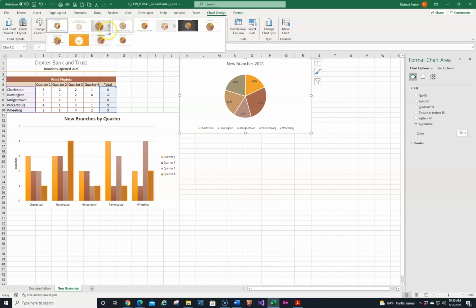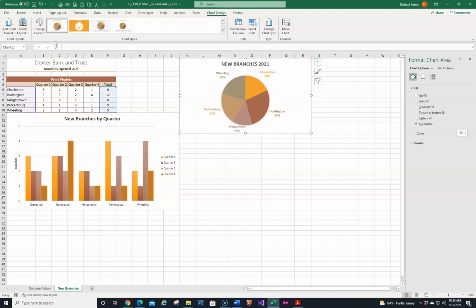So here is our style 1, 2, 3, 4, 5, 6, 7, 8, and I believe this is 9. So we're good here. That will take care of number 4. Number 5, she wants to clarify that Huntington has the most new branches at 27%. So we're going to explode that by 10%. So remember, we're going to click on Huntington here, but notice how it opens up and selects everyone. So we have to click again,